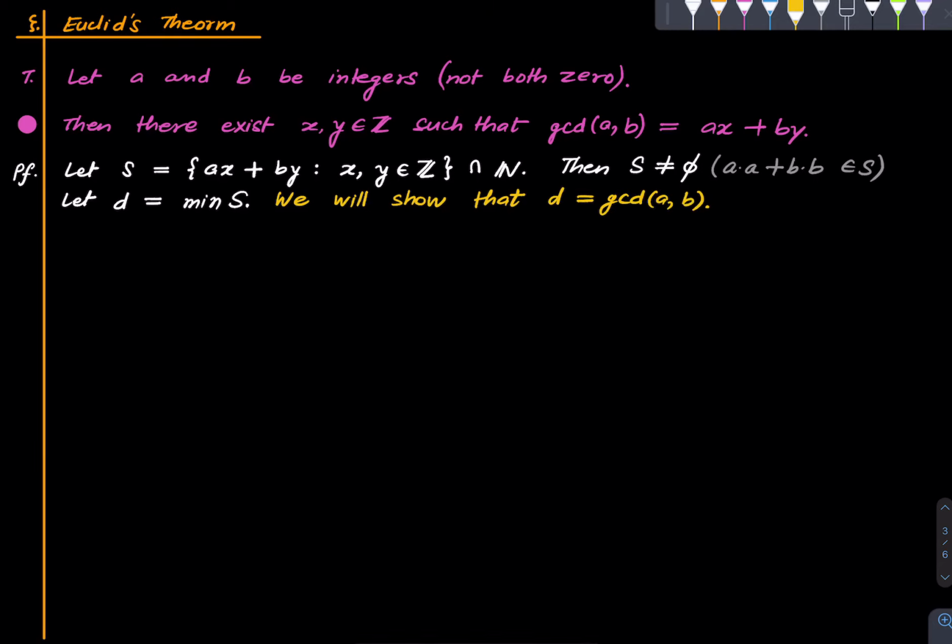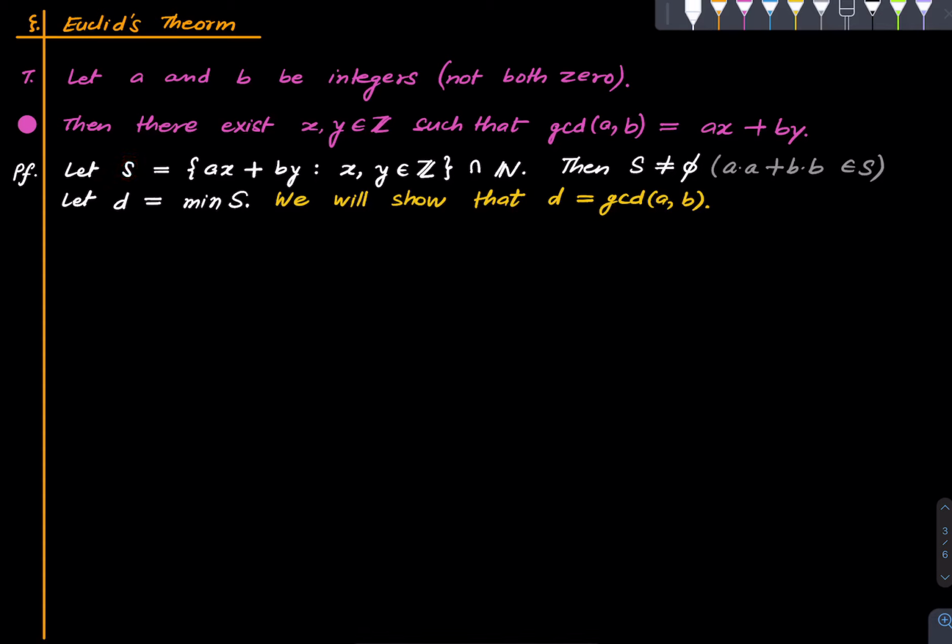Once we show this, we will be done, because then D in particular lies in S, and hence it would be expressible as an integer linear combination of a and b. Also note that in the course of the proof, it is revealed that the greatest common divisor is the smallest positive integer linear combination that you can form using a and b. That is exactly what we are trying to show in this yellow line. All right. So since D is an element of S,